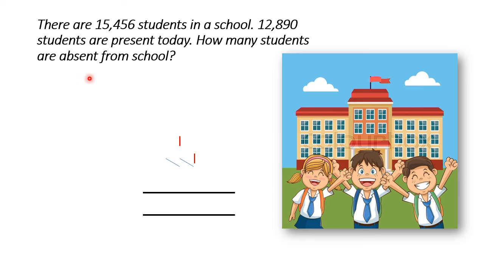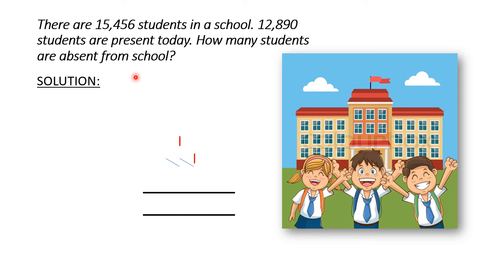As in this problem, we are given the total number of students and the number of students present in the school today, and we have to find the absent number of students. So if we subtract the present number of students from the total number of students, we can easily find the absent number of students. So in this problem, we have to perform subtraction. So, by reading the question carefully and by understanding the situation, we have easily identified that this problem belongs to subtraction and we have to perform subtraction to get our final answer. Now, let's start our solution.